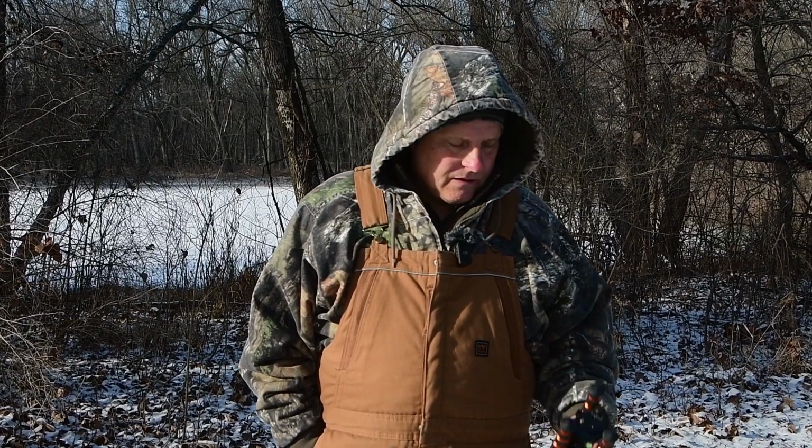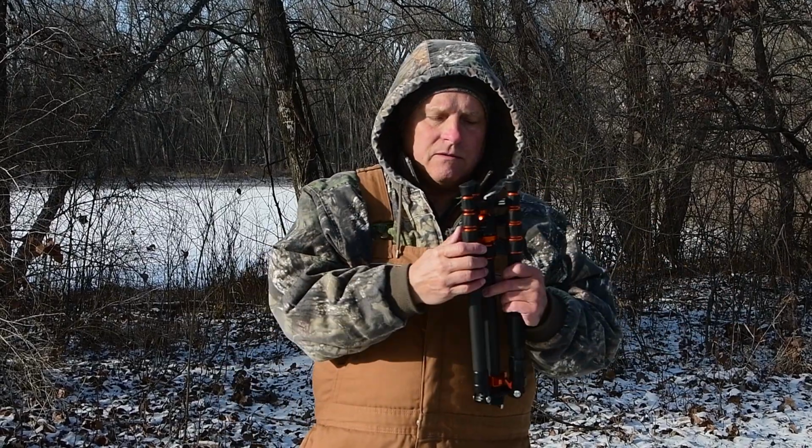For decades, ever since I started in photography, I've been using the Manfrotto or Bogen tripods. One has a three-way head on it, one has the quick release or the pistol grip type on it. They weigh about 5 pounds. I don't want to carry that much weight anymore. So I've been doing some research, and I thought under certain conditions I might be able to use a travel